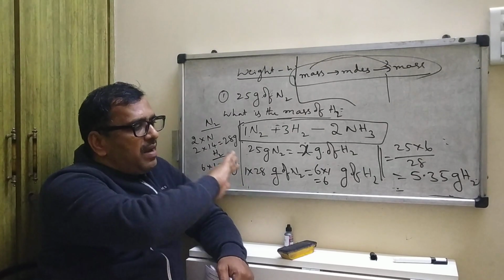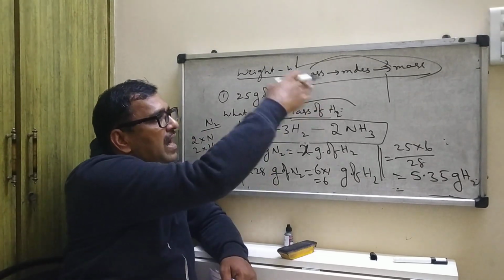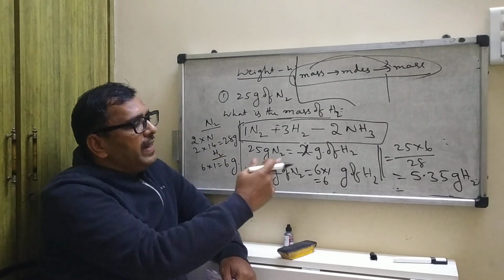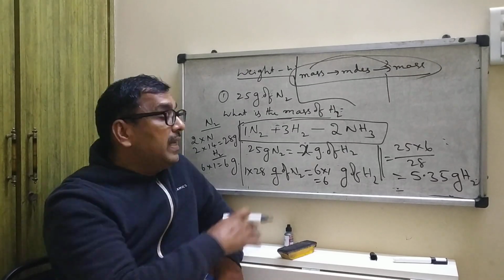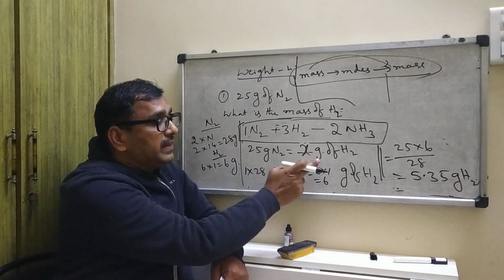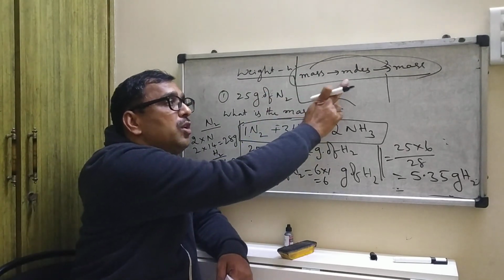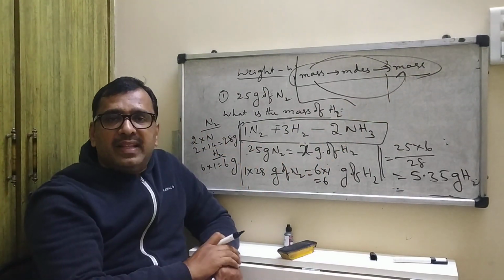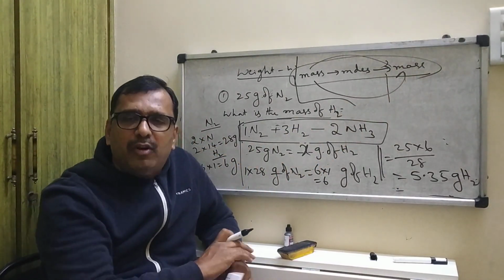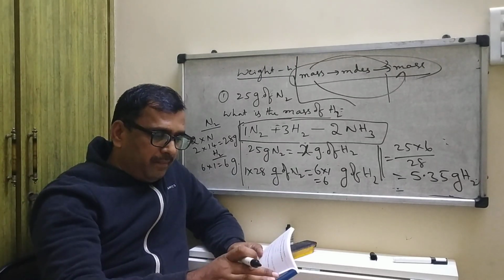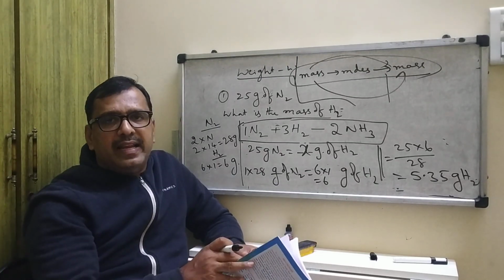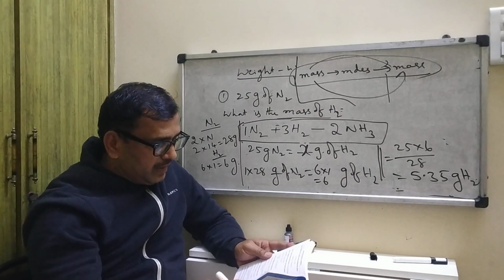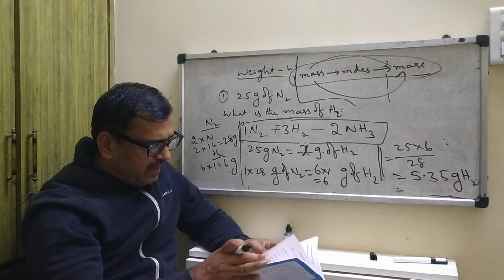See, if you convert into moles and then to mass, you get almost the same answer. By doing it like this, you also get the same answer. This is the relation between mass and mass. First you convert into moles, then moles into mass; that is the same as mass to mass. This is very, very important. Next problem, if we go through that, is very similar, a mass relation.